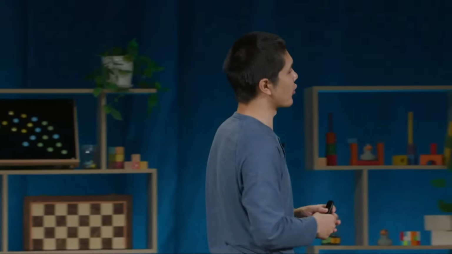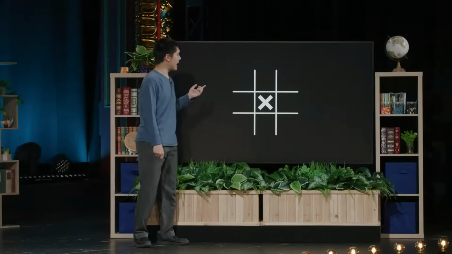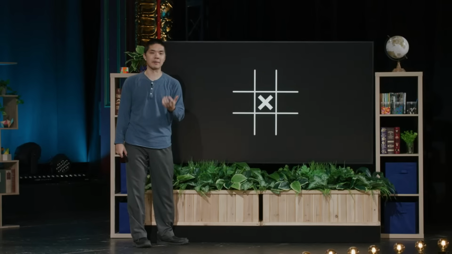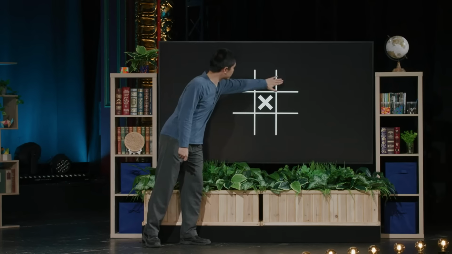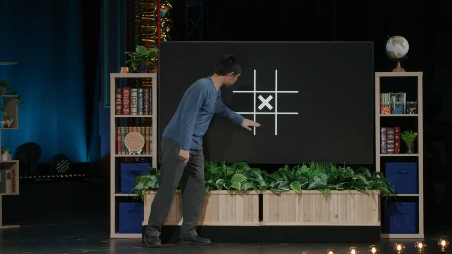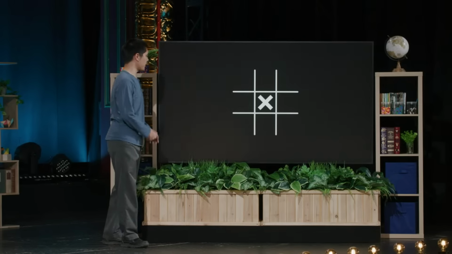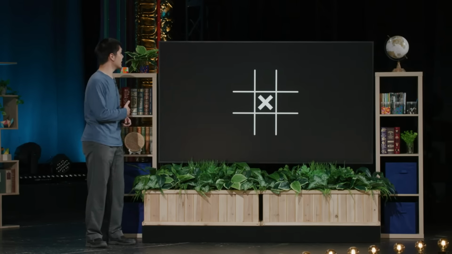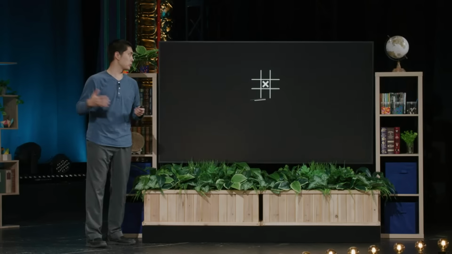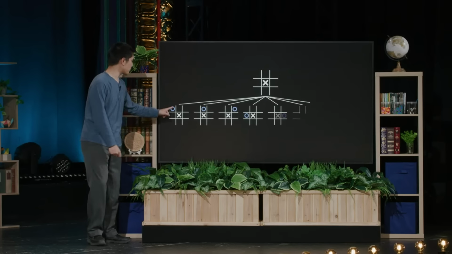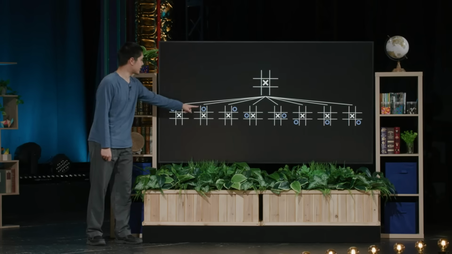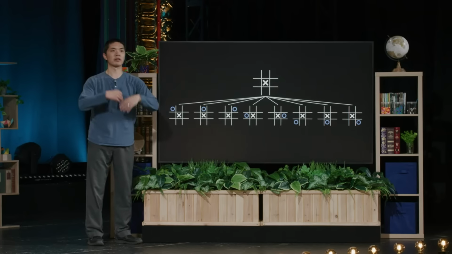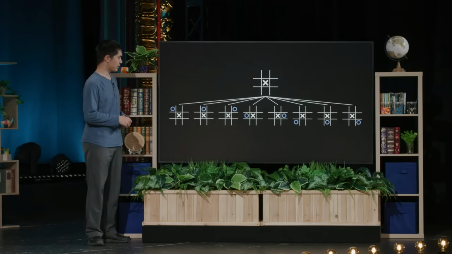Well, we now have to think about what are the different possibilities. What is the AI going to consider? Well, the AI has 8 different options for where O could make their next move. We have 1, 2, 3, 4, 5, and then 6, 7, 8 along that bottom row over there. And so what the AI might do is consider all of those possible options. We might consider what's going to happen if O plays in the upper left, and then in the upper middle, and then the upper right, so on and so forth across all of the possible options.